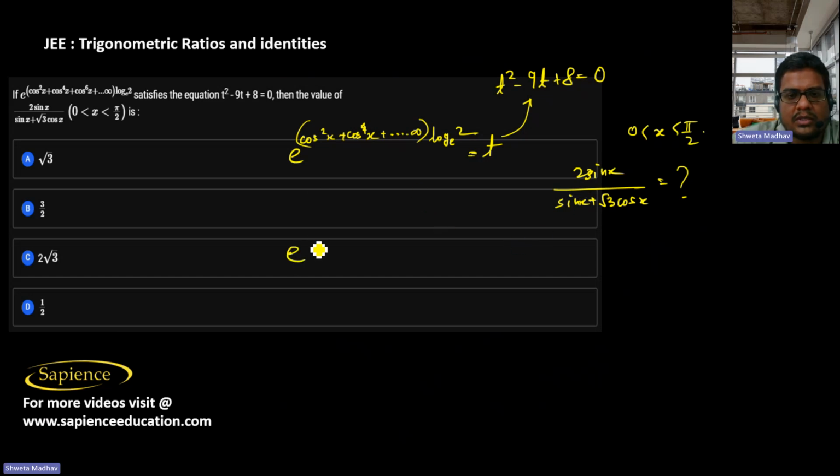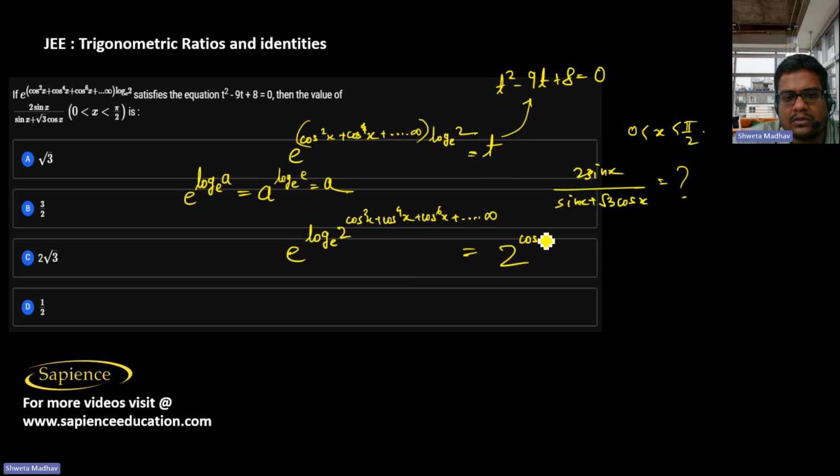So now this can be written as e power log base e of 2 power (cos square x plus cos power 4x plus cos power 6x and so on till infinity). Now, as we know, e power log base e of a is equal to a power log base e of e, that will be equal to a only. So this will come 2 power (cos square x plus cos power 4x plus cos power 6x plus dot dot